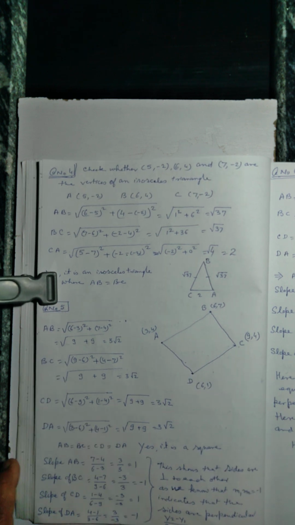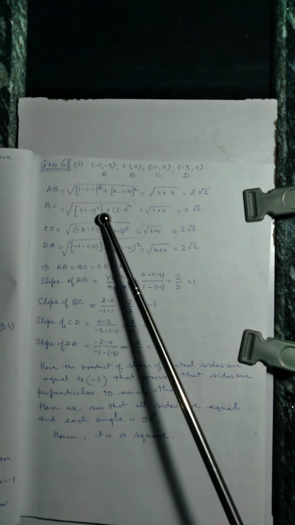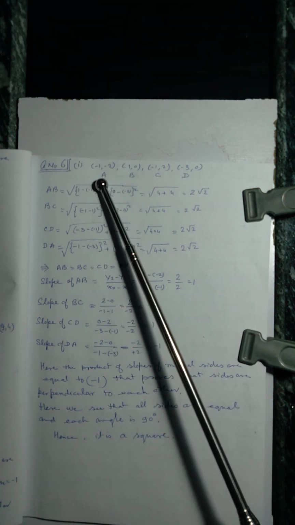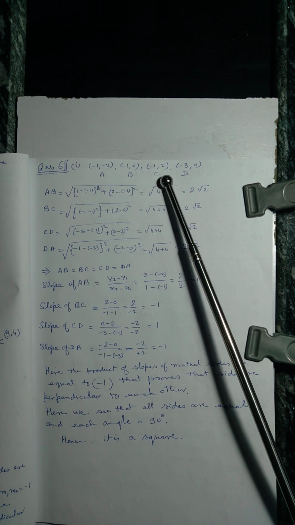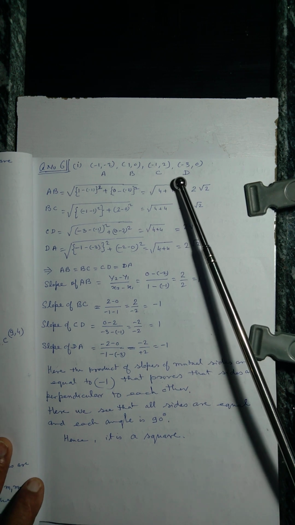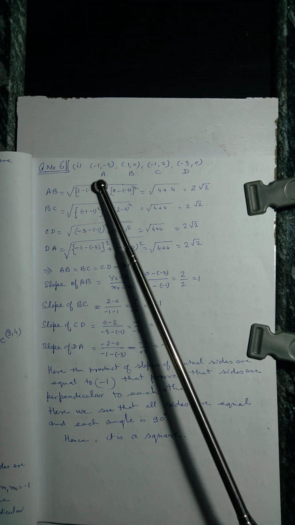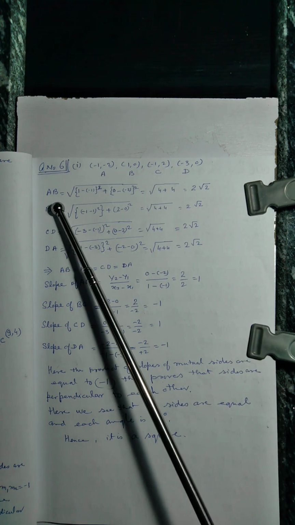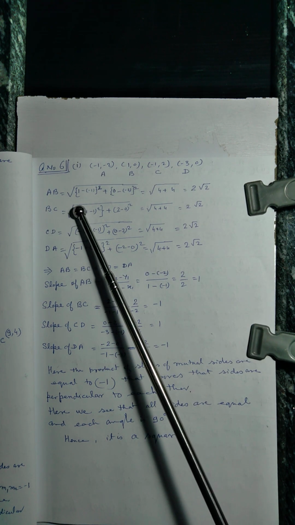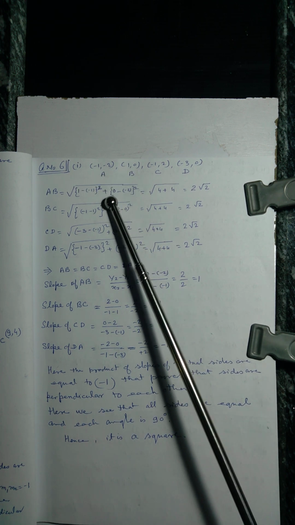Now proceed to question number 6. Question number 6 is, you see, there are 4 points: minus 1, minus 2; 1, 0; minus 1, 2; minus 3, 0. So we have to name these A, B, C, D. So find out AB, that will be equal to 1 minus minus 1, that will become